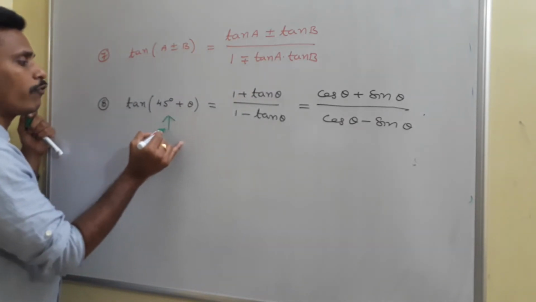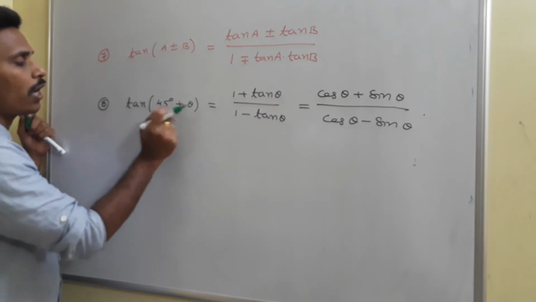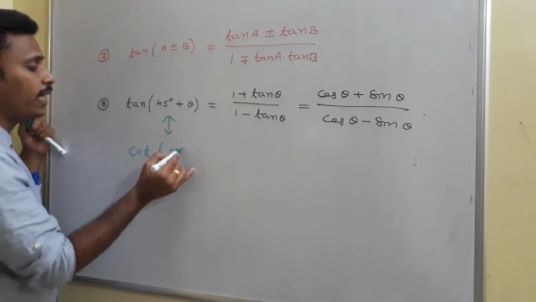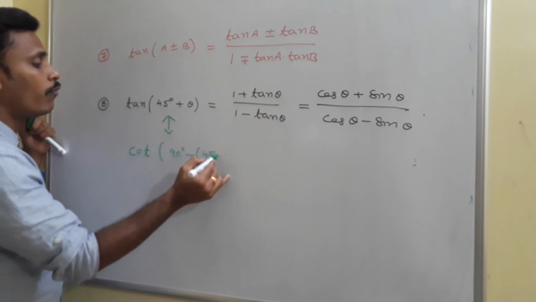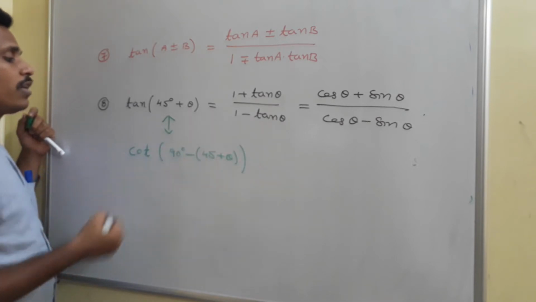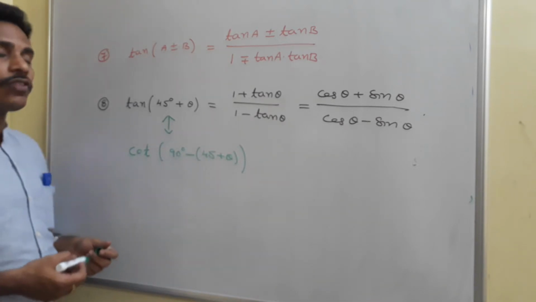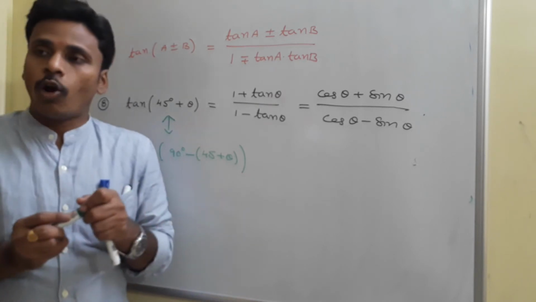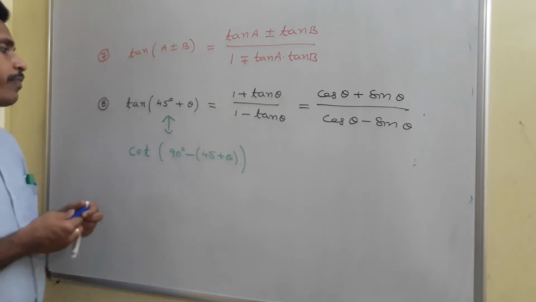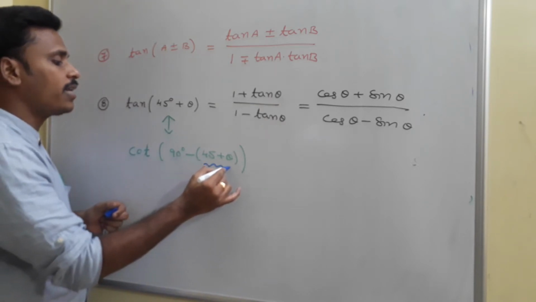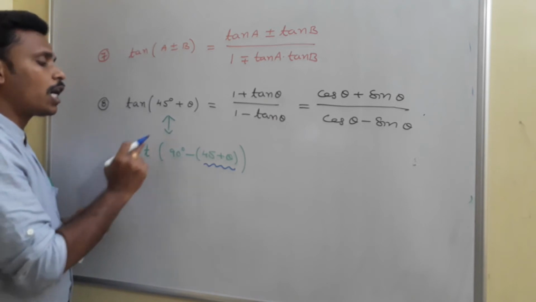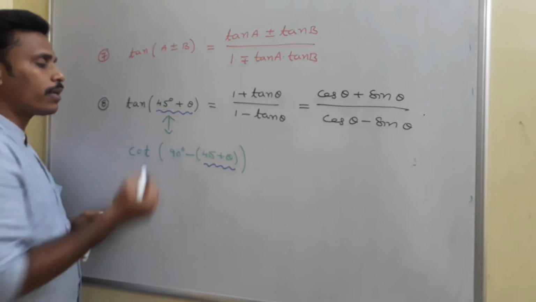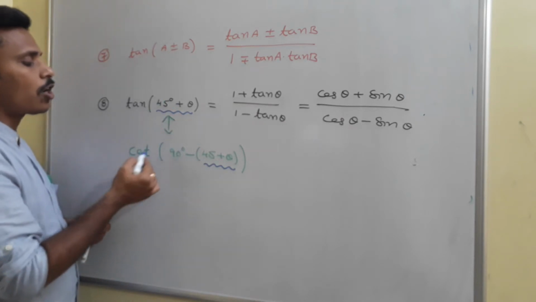And these three are equivalent with another thing. See, this is tan of 45 plus theta. This tan of 45 plus theta can be written as cot of 90 degrees minus (45 plus theta). Just observe it. Is there anything wrong? See, actually nothing is wrong here. Cot of 90 degrees minus some angle is tan of that particular angle actually. If you treat this 45 plus theta as some other angle alpha, cot of 90 degrees minus alpha